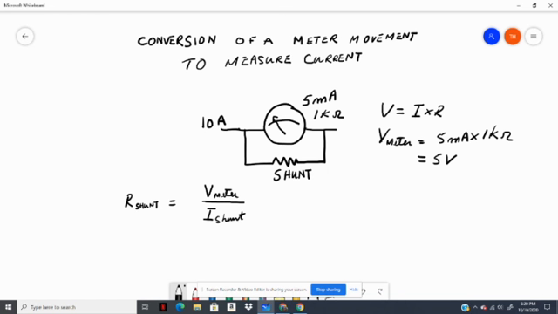Okay, but I shunt is equal to 10 amps minus 5 milliamps, which is equal to 9.995 amps. If you take away 5 milliamps, or 0.005 amps, from 10 amps, you get 9.995 amps. So we can write